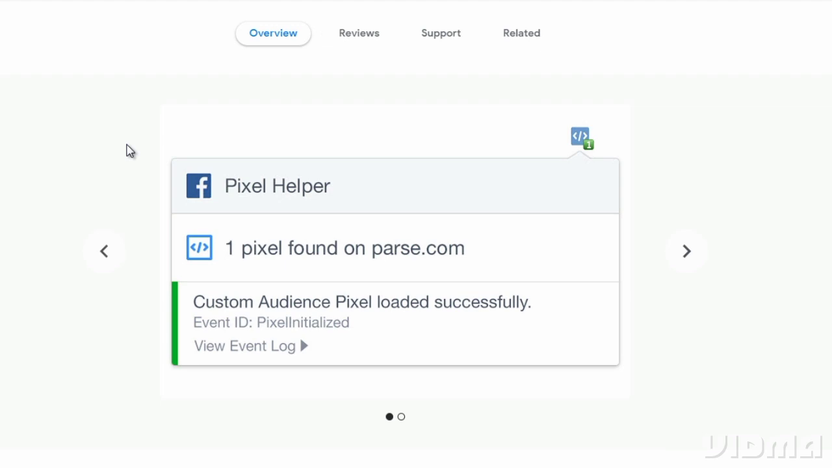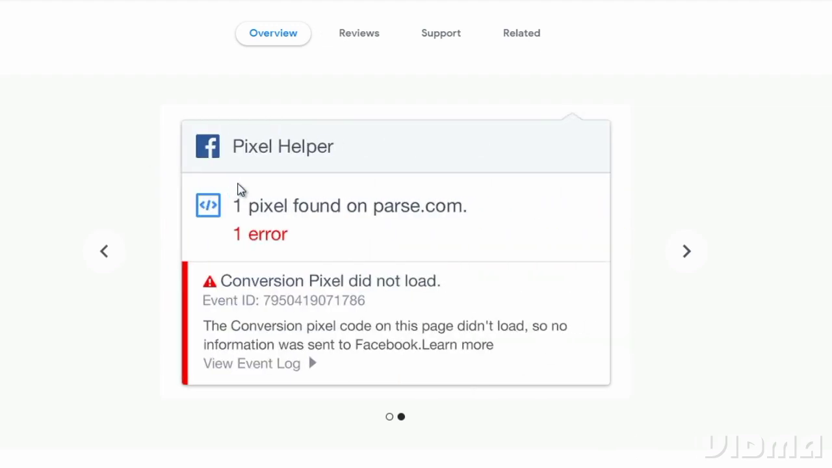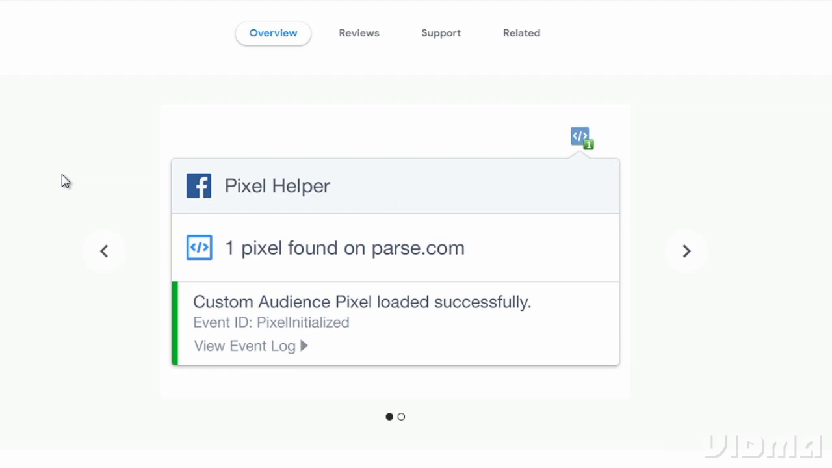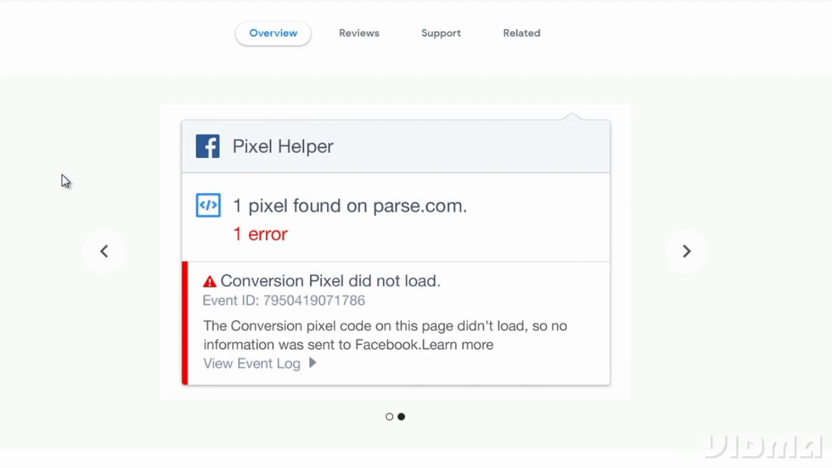So again, go to Google, type in Pixel Helper Chrome extension, and you'll get this right here. And that's really all you need. As a recap, number 1, install the pixel in the head tags for any web page that you want. And number 2, get this Chrome extension so that you're able to test and make sure that you've installed the